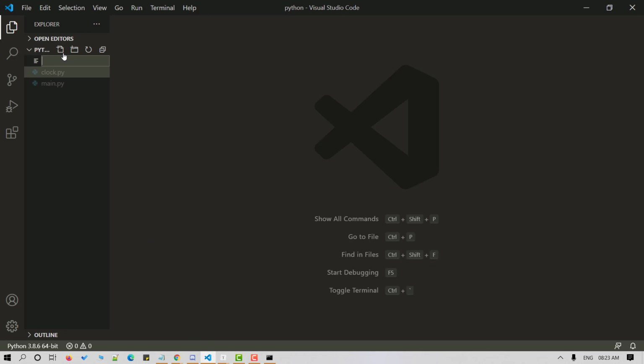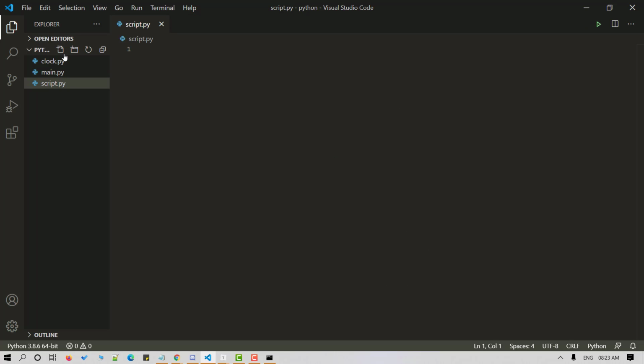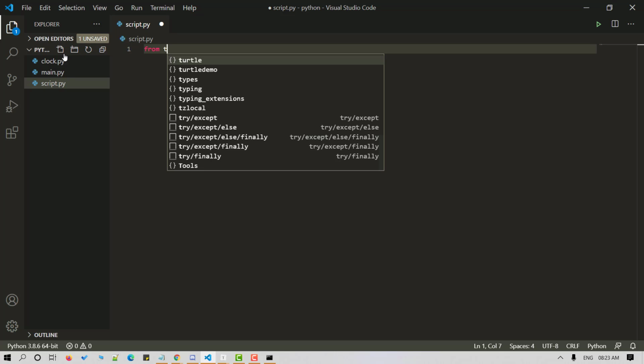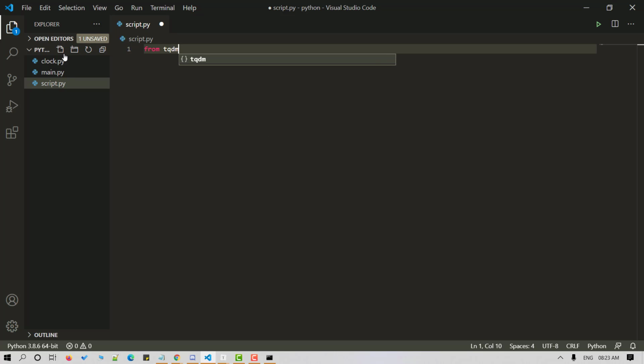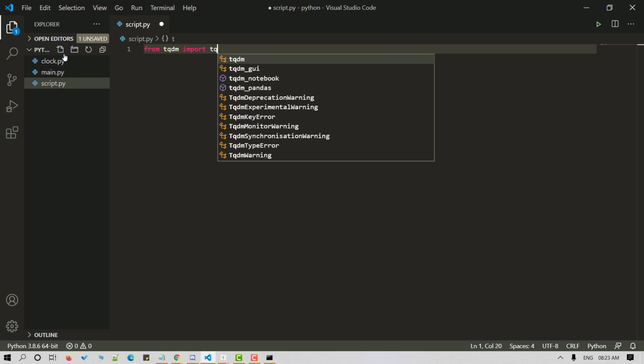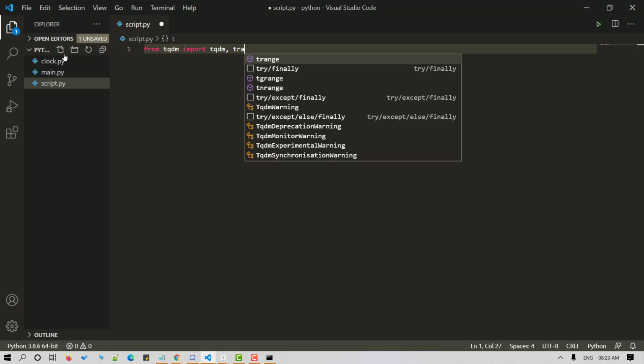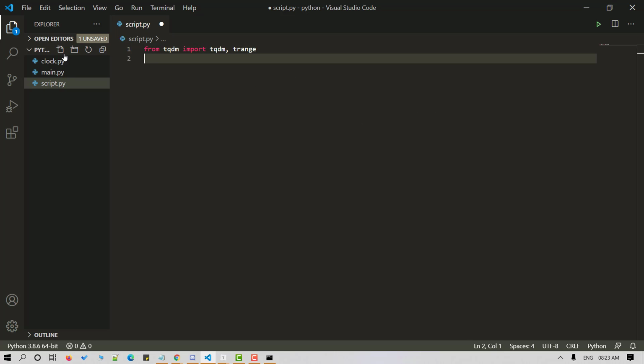Let's start by creating a new Python file. I'll name it script.py. And now we can import the package in our Python script. We'll require the time package, so let's import that as well.